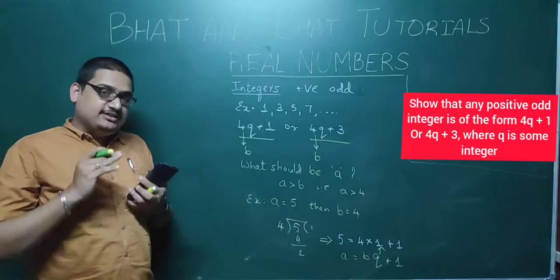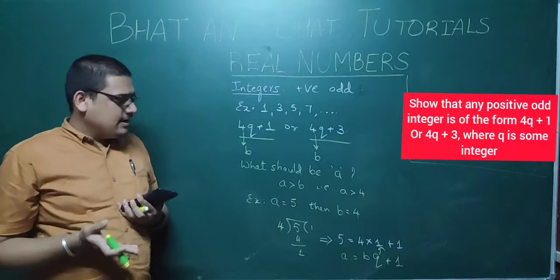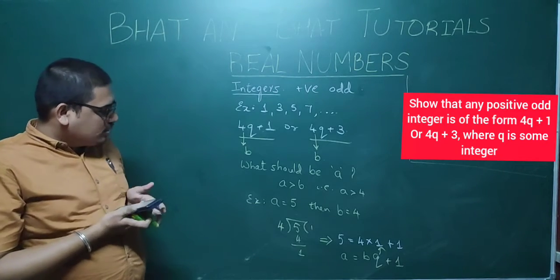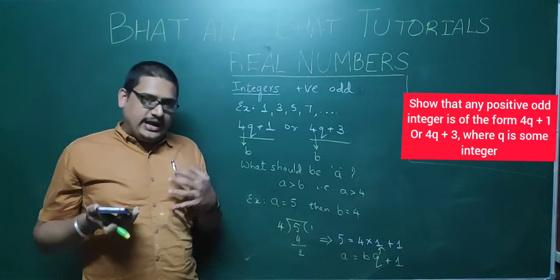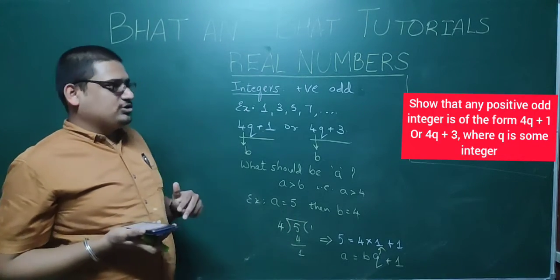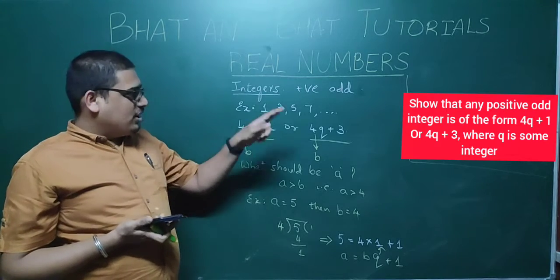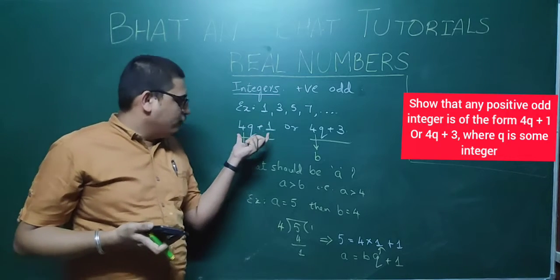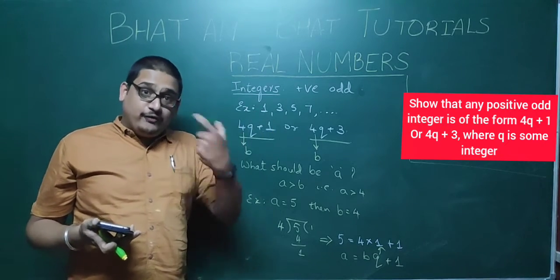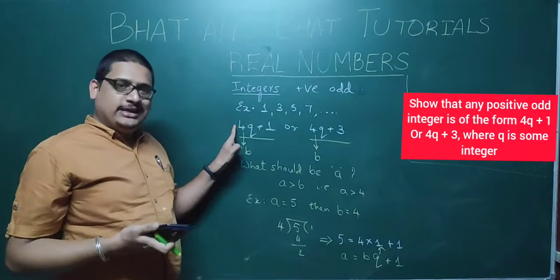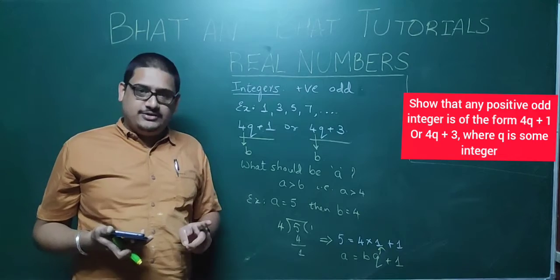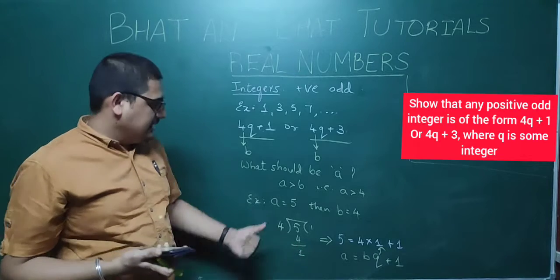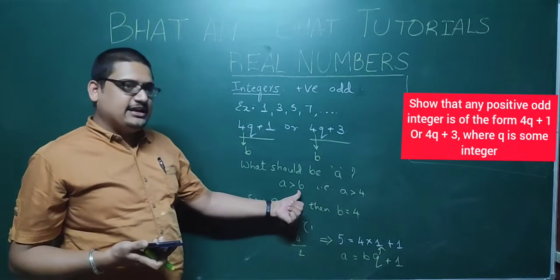This is very important. Instead of going into the mathematical solution directly, I am trying to understand this with the help of an example. So we took an example of a is equal to 5. Why did I take 5 only? Because in the question it is mentioned that any positive odd integer can be expressed in the form of 4q plus 1. So from the given 4q plus 1, I have inferred that my b is 4. If b is 4, as per Euclid's division lemma, a should be greater than b. So I have taken the immediate example, that is a is equal to 5, which is greater than b.